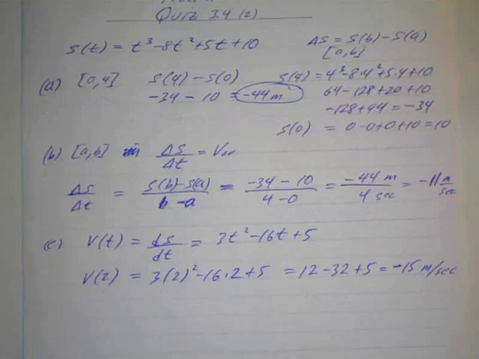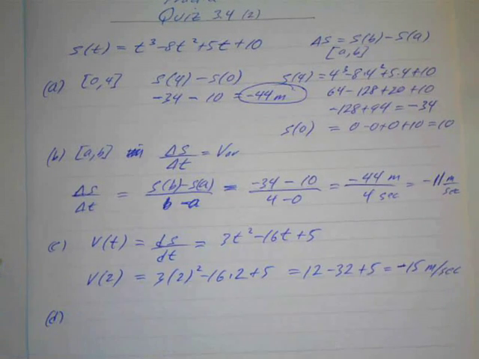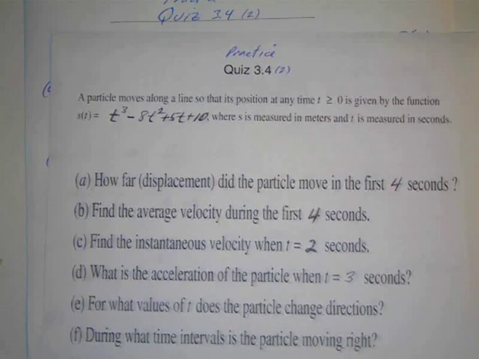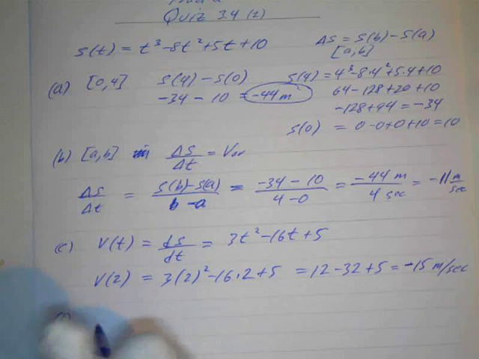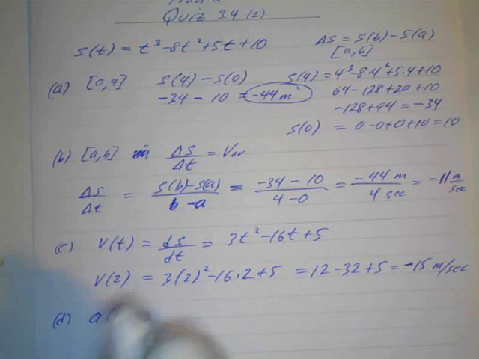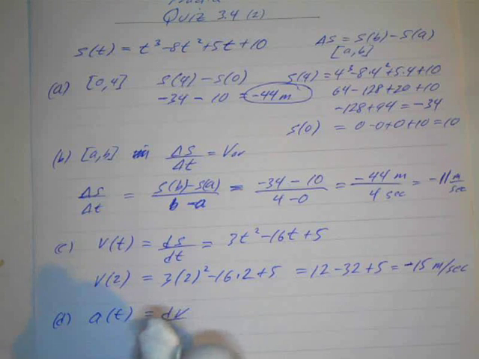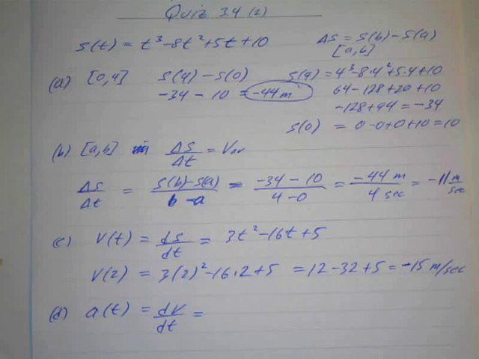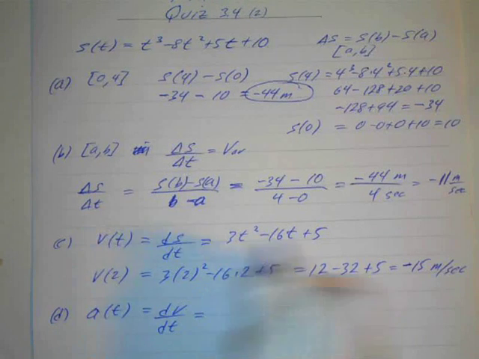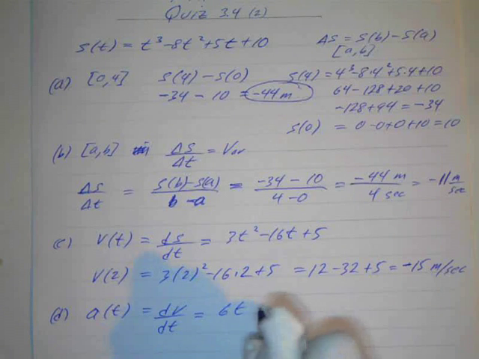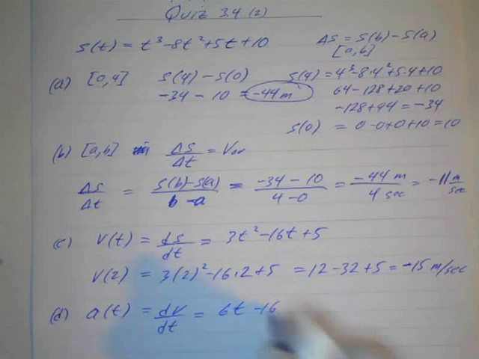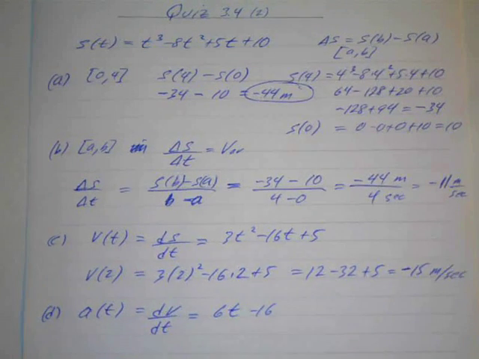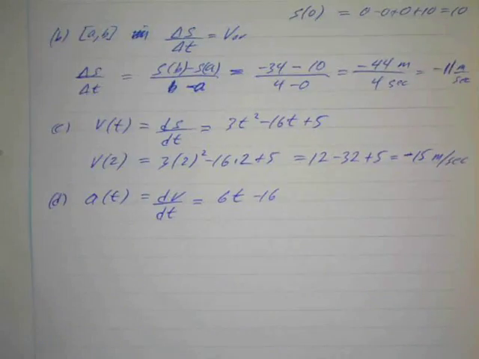And then letter D: what is the acceleration at 3 seconds? Remember, acceleration as a function of time equals dv dt, the derivative of the velocity. And what's that going to be? There's my velocity, so if I take the derivative, that's another polynomial, which is easy: 6t minus 16. And we're going to be looking for